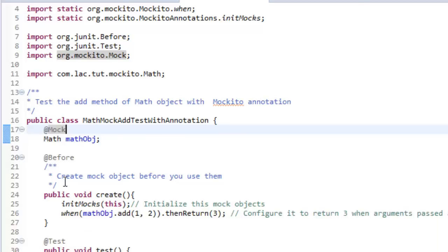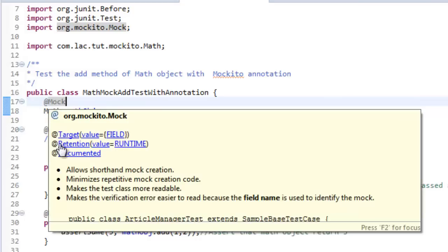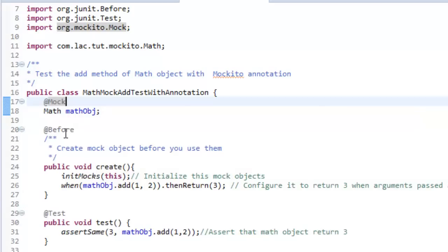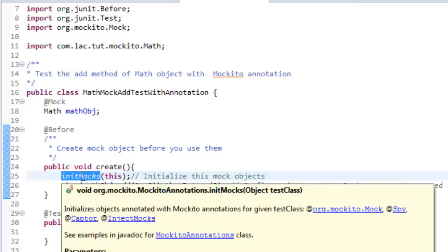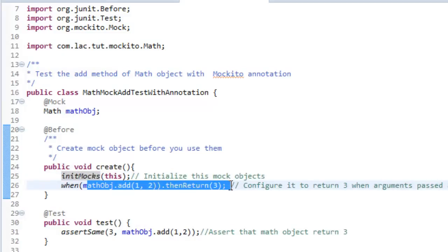A simple way to create mocks in your test class is to annotate all your member variables with the mock annotation, and before you initialize your test case, pass it to the static method initMocks. initMocks is a static method in Mockito annotation which will create mocked objects, and you define the behavior as usual.